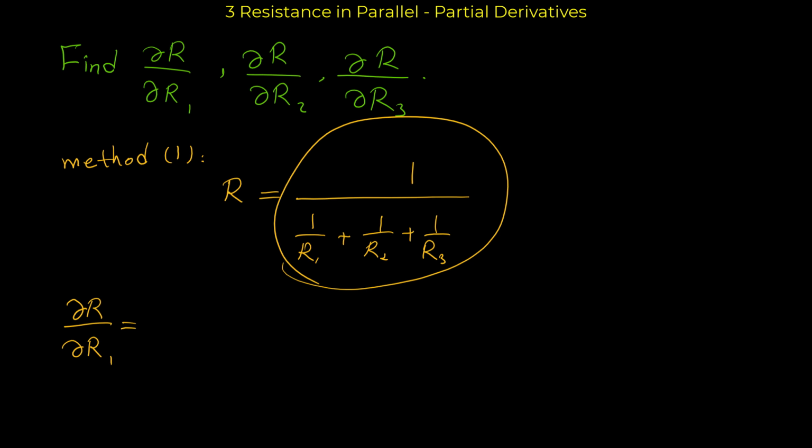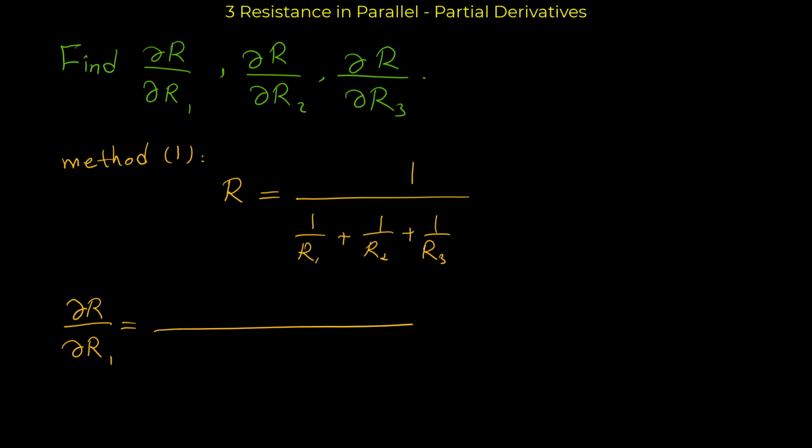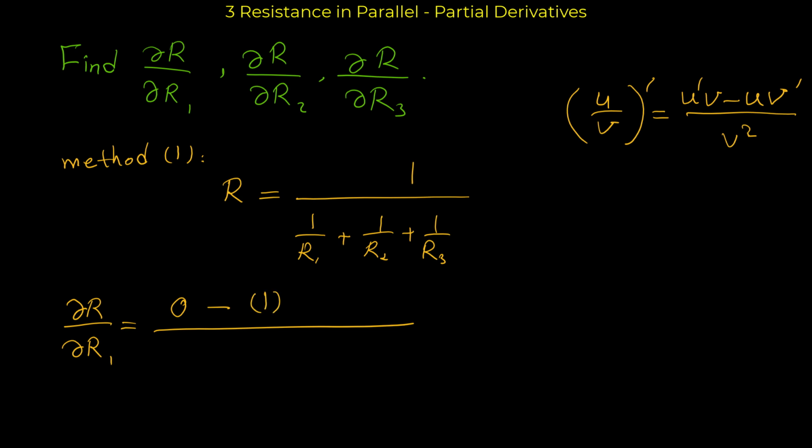Based on the quotient rule, the derivative would be, let me remind you briefly of the quotient rule. When we have u over v, its derivative would be u prime times v, derivative of the top times bottom, minus u, the numerator, times the derivative of the denominator, all over v squared. Based on this rule, the derivative of the top would be 0. 0 times the denominator is 0, so 0 minus, write the numerator u, which is 1, times